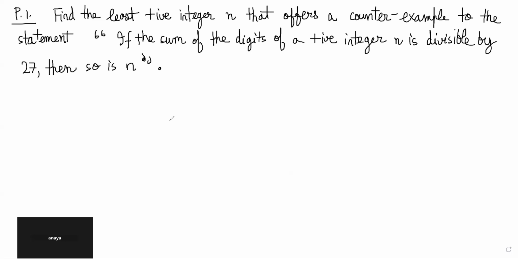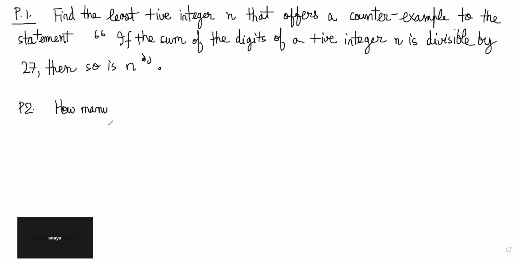Yes. So obviously, in the beginning, if you see some integers, you might get that it is working out, right? If the sum of the digits of the integer is divisible by 27, then the number is also divisible by 27. You have to find the smallest number where it doesn't work. That's the meaning of what he's saying: least positive integer n, which is a counter example. Okay, problem 2 is